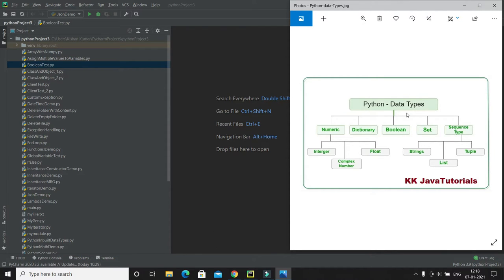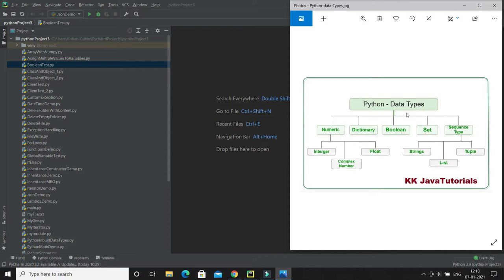A list is a data structure which basically holds a collection of items, with duplicates allowed. That's basically the definition. When we talk about list items, we can say that list items are ordered, changeable, and allow duplicate values. List items are indexed. The first item has index 0, the second element has index 1, and the third element has index 2, something like that, right? That just follows an index like an array follows. So if you add 1 to the previous index, you'll get the index of the next element, right?